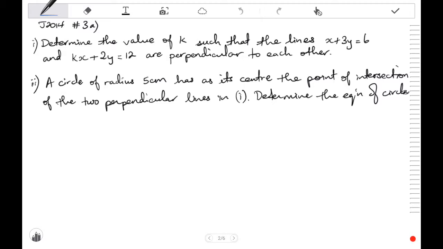Okay, so what we have here is June 2014, number 3A. So the question is, determine the value of k such that the lines x plus 3y equals 6 and kx plus 2y equals 12 are perpendicular to each other. Alright, so the big important word that we see in here is perpendicular. Alright, so we discussed previously in class we have two lines that are perpendicular. What does it tell us about the two lines? Right? Once we see the word perpendicular,